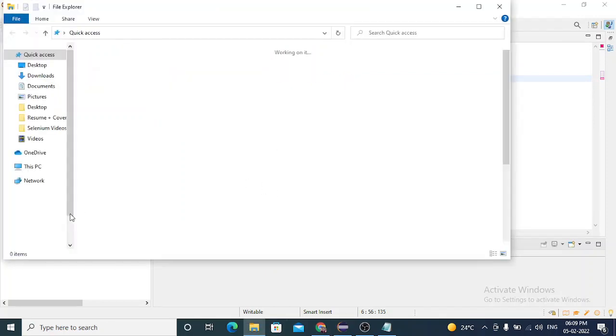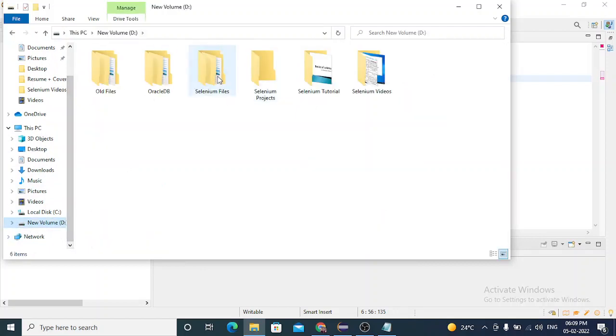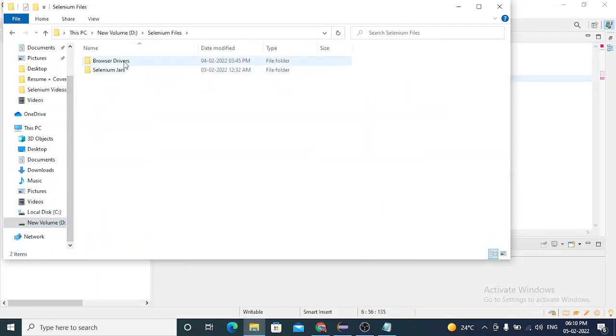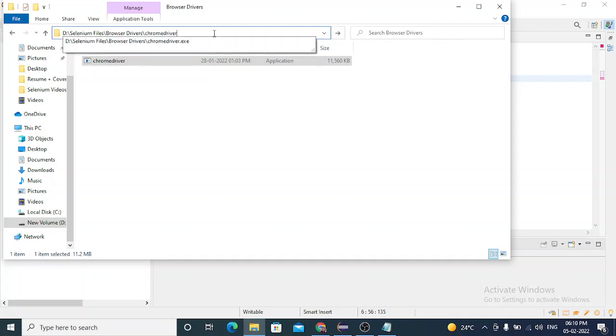Go to that path. Selenium files we have saved here, browser driver. So this is the driver. Let me copy this one. This is the .exe file.